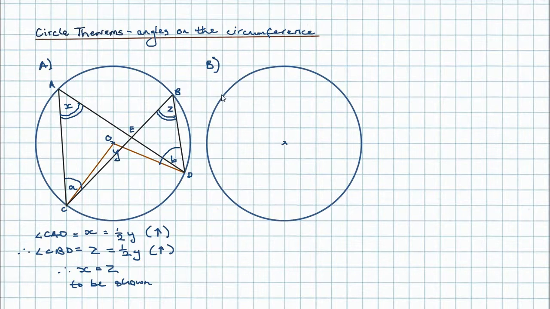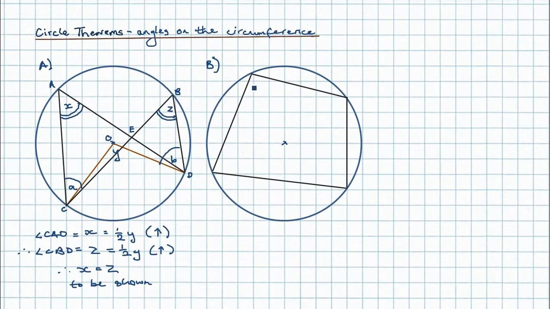And this time I'm going to draw a chord again, but now draw two chords and then join those together to make what we call a cyclic quadrilateral. So this is called a cyclic quadrilateral. And again, the problem is to show that if I have, say,